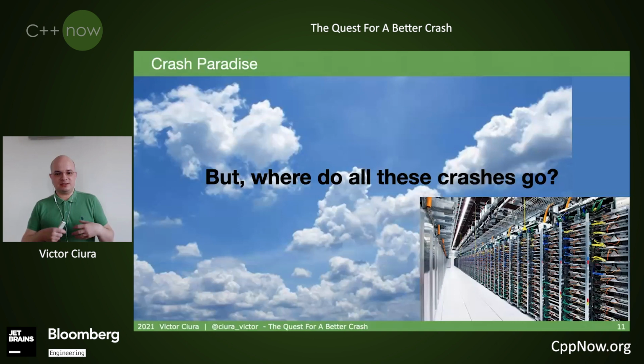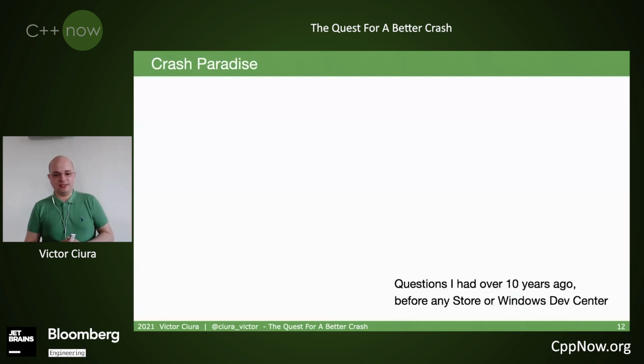But what actually happens behind the scenes, and how can we opt into this mechanism and leverage it in our application? So these were questions I had over 10 years ago, before any store or Windows Dev Center